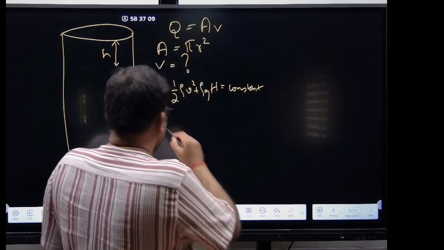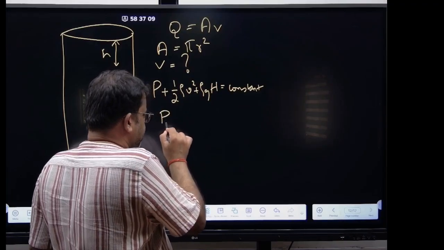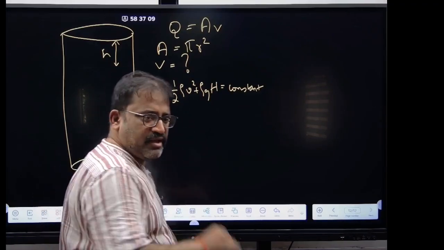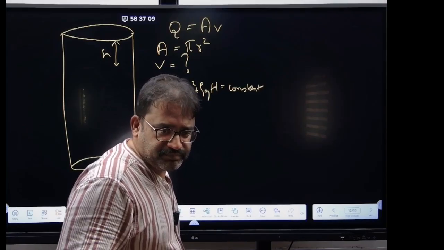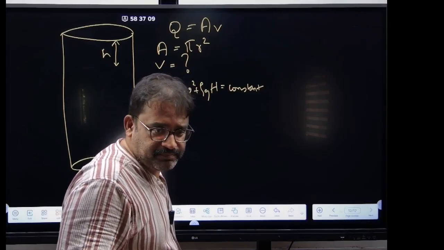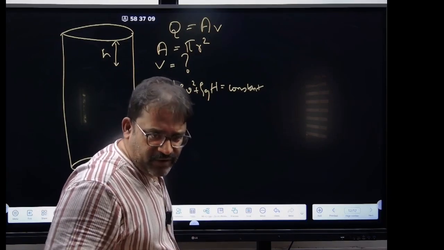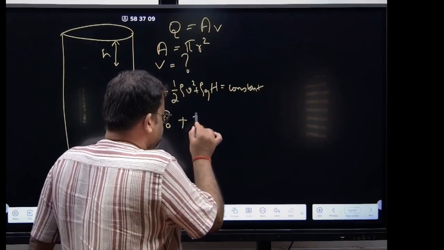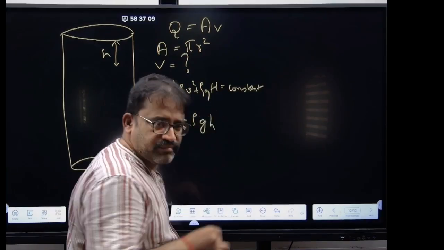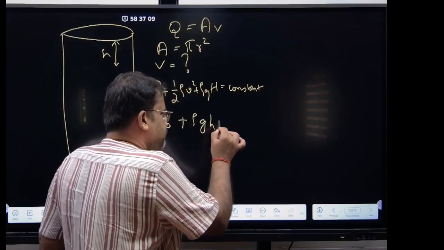That means we can write the pressure at the free surface as P naught, plus velocity is 0, forget about that, plus rho g h, which is equal to